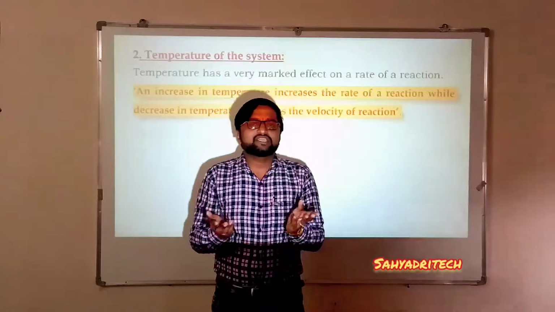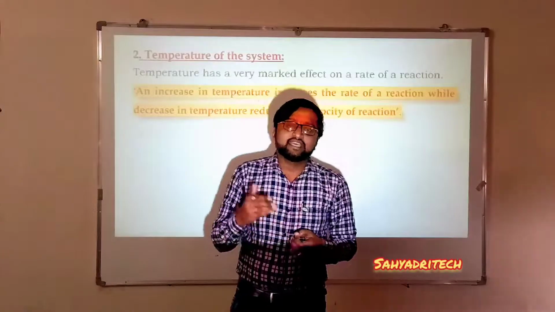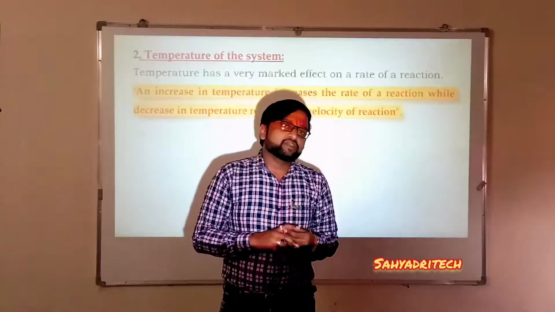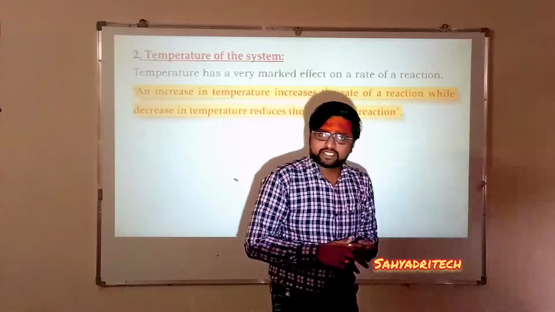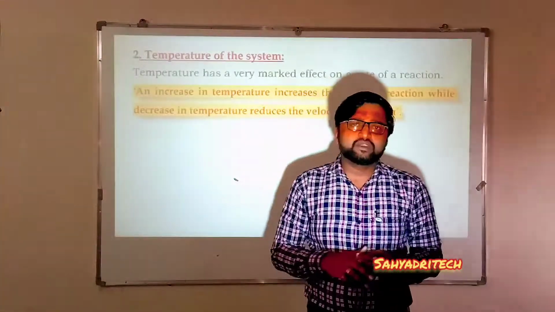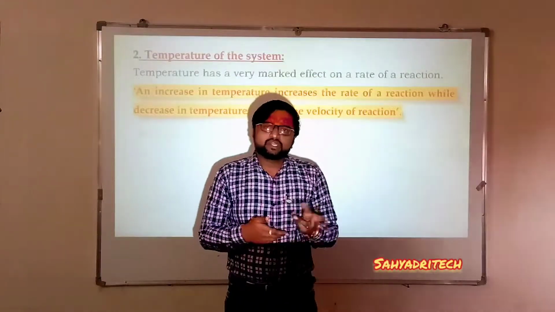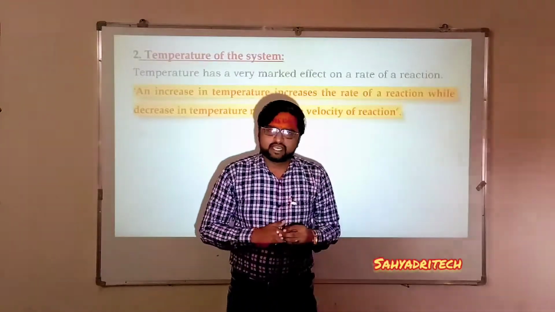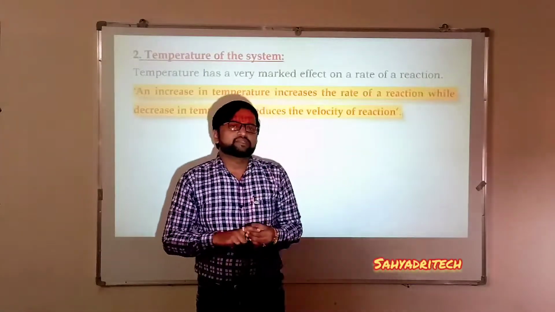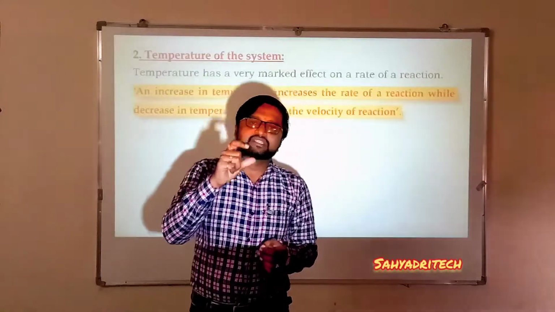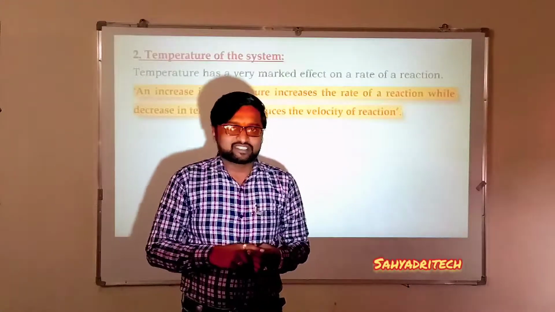It means we can say here collisions can also be classified as effective and non-effective collisions. The collisions which lead to product formation are considered effective collisions. On the other hand, the collisions which do not lead to any product formation are considered non-effective collisions. So actually what happens here is that when we increase the temperature, the number of effective collisions goes on increasing, because